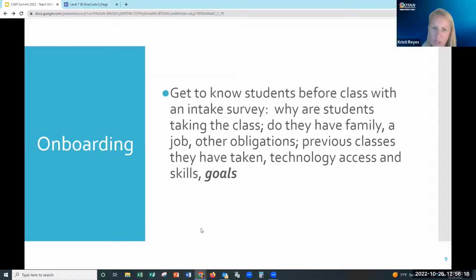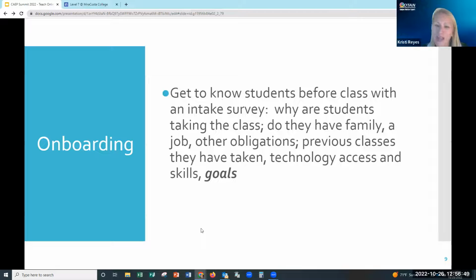Finally, I saw one of you mentioned in the chat that somehow getting to know a little bit about students' technology skills and things like that. So both Katrina and I like to send out, before the class begins, an intake survey. So find out, why are you taking this class, and connect that to their goals again, asking them if they have family or other dependents that will maybe pull them away from the class.